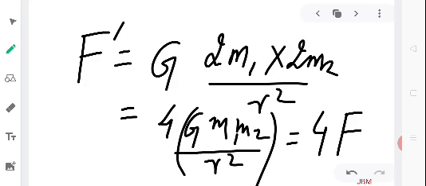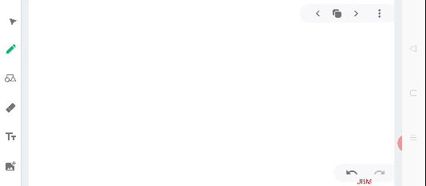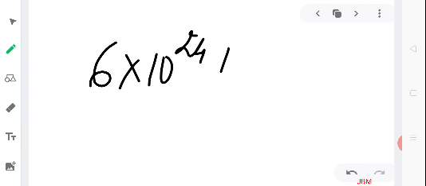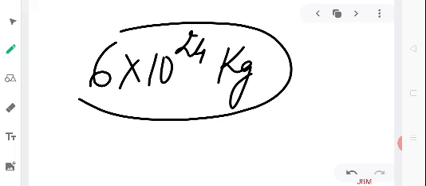So when will this force of attraction be visible to us? When the mass is as huge as the mass of this planet on which we are living, the mass of Earth. Do you know what is the mass of Earth? Mass of Earth is 6 into 10 to the power 24 kg. So just imagine, if we have an object as huge as this, then we will be able to experience